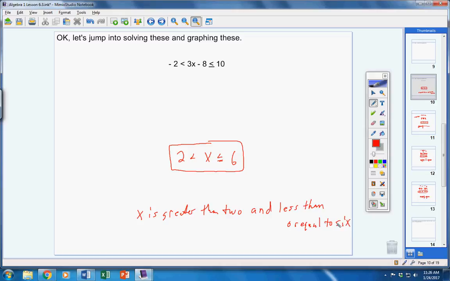Now here's the thing. I know you guys see the word "or" here. But understand that "or" is less than or equal to. It's not